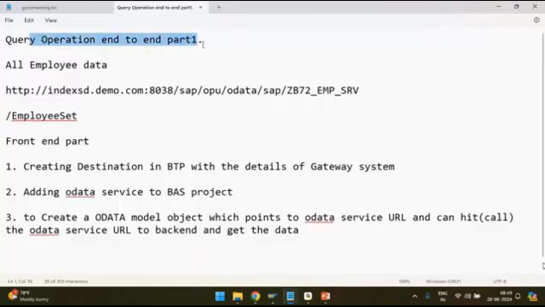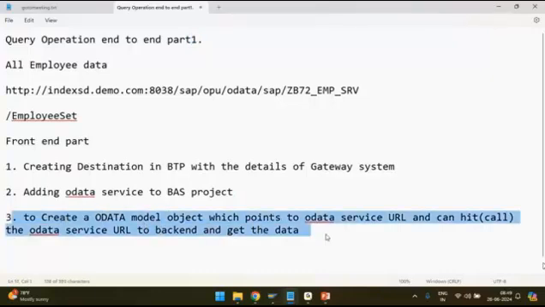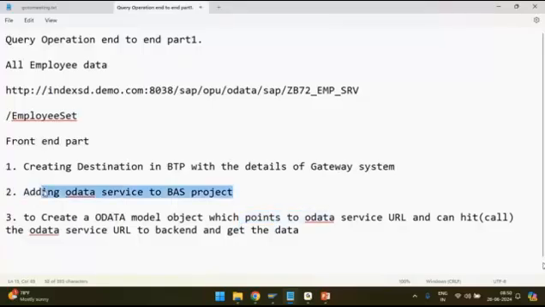So today query operation end-to-end part 1 we have completed. In tomorrow's class we are going to complete the query operation end-to-end part 2. In that, step number 3 will be explained in detail. In step number 3 we are going to create an OData model object. So what is this OData model object? This object points to this OData service URL, which you have added in step number 2, and